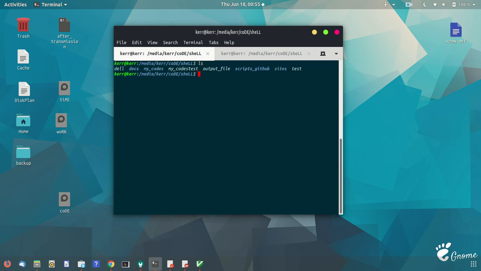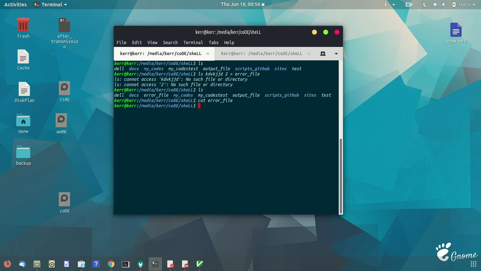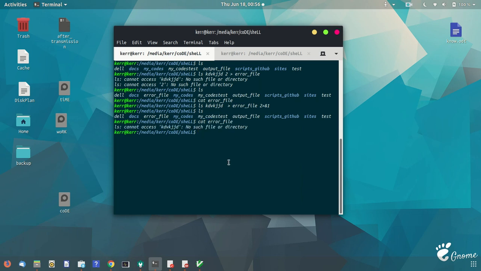So you have this del file. You can redirect the output as well as the errors to this error file. For this you have to do 2>&1. So the fd &1 is for the output, and fd 2 is for the error. So everything will be printed to this error file. Look at the error file: it contains the output that is being generated by this command ls.